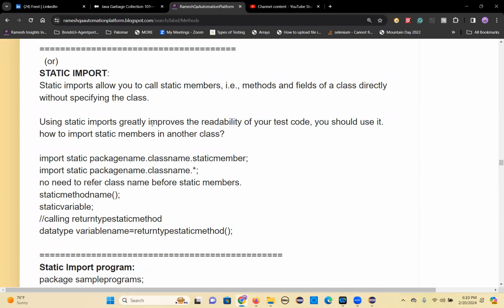So use static import to greatly improve the readability of your code. Instead of writing class name dot static variable and class name dot static method everywhere, do the static import, and you can directly call the variable name or method directly. It behaves as the same class. So this is how you will do static import: import static keyword, package name dot class name dot